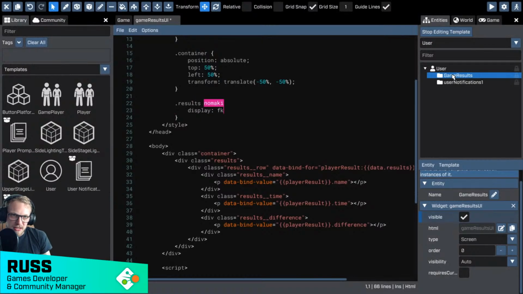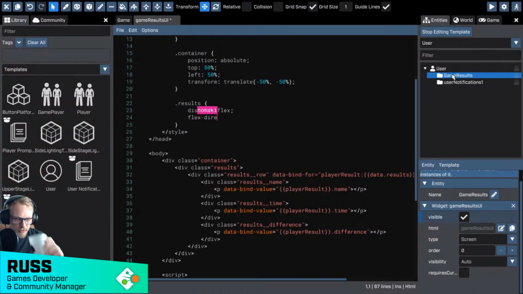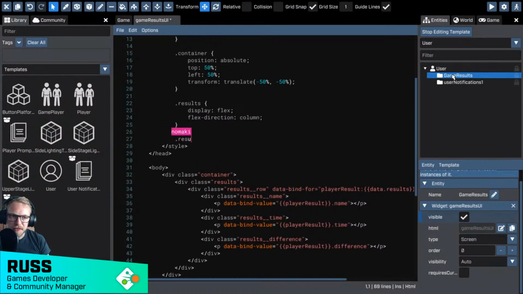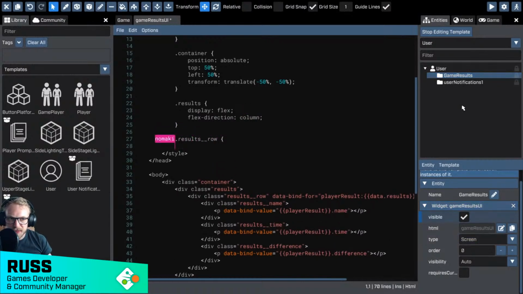Okay, so we've got this game results UI that I see Sean's working on. We've got a little bit of a UI at the top there. Okay, so much the same way, we've just got our user template with a script folder. Now, script folders are a really handy way of combining widgets and UIs together. So in this case, our game results UI is going to be a widget and a script in our game